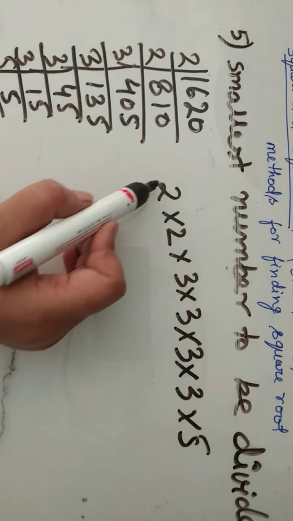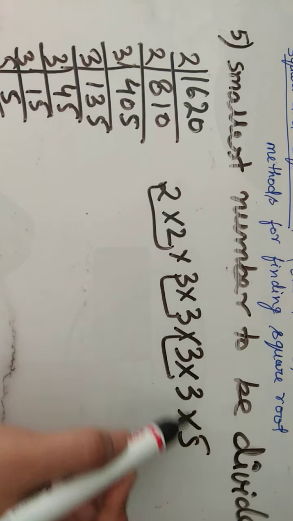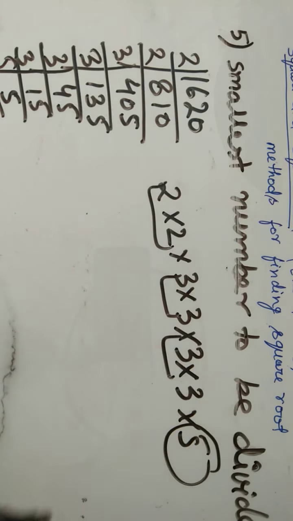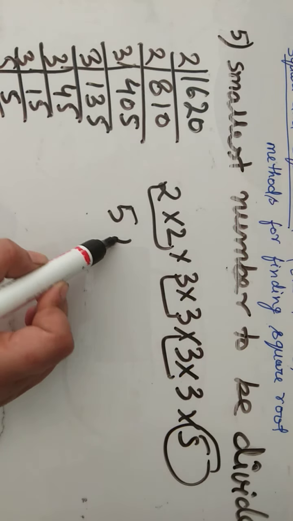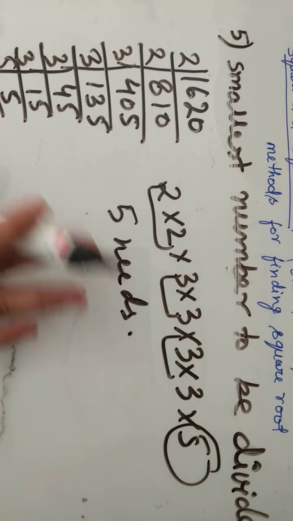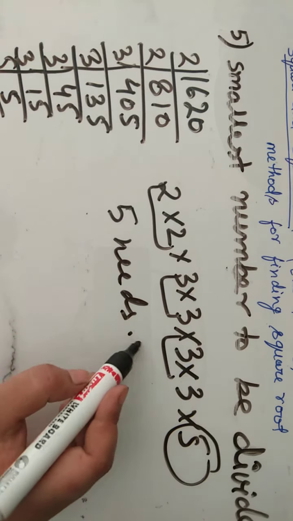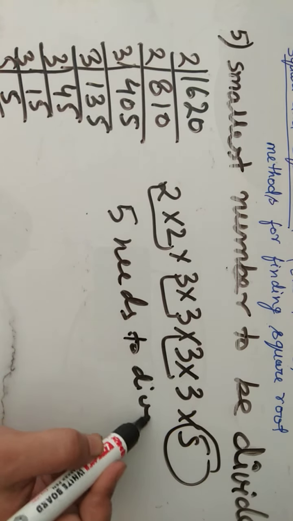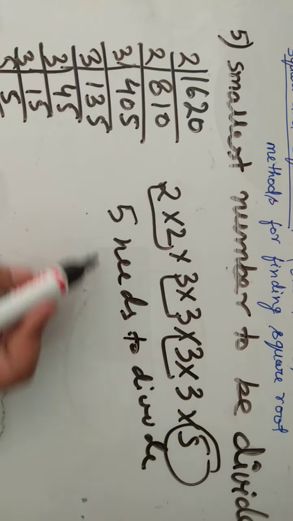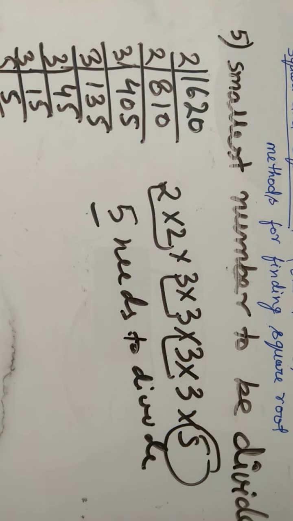तो आपके पास पेयर सबके बन रहे हैं, बट एक्स्ट्रा कौन है? 5. तो व्हाट नीड्स टू बी डिवाइड, किससे डिवाइड करना पड़ेगा? 5 नीड्स टू बी डिवाइड. डिफरेंस देखिए, मैं दोनों में डिफरेंस आपको बता रही हूँ. 5 नीड्स टू बी डिवाइड, और मल्टीप्लाई का क्वेश्चन होगा 5 नीड्स टू बी मल्टीप्लाई. अब डिफरेंस कहा जाता है व्हाट इज द स्क्वायर रूट ऑफ द नंबर सो ऑब्टेन.